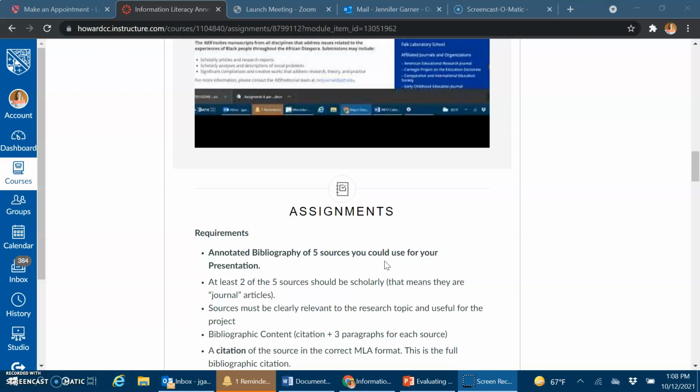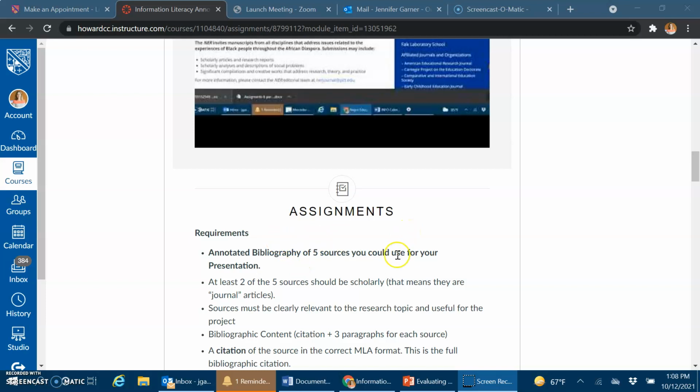So think about an issue in a career that you're interested in, or a topic about college success. This could be the same topic you used for the diversity assignment, but you'll have to find 5 new, fresh articles. You could do a topic like college success and students with ADHD, or college success and single mothers, something like that.